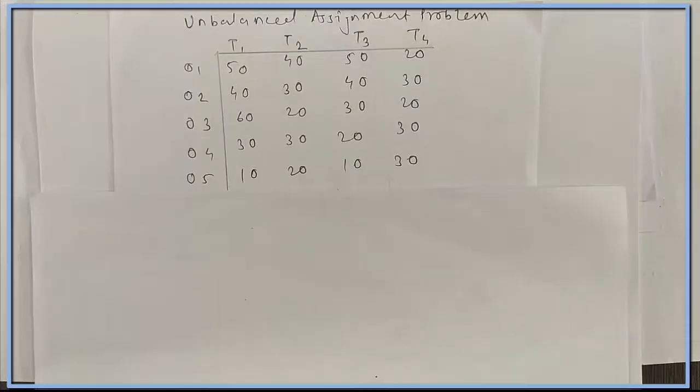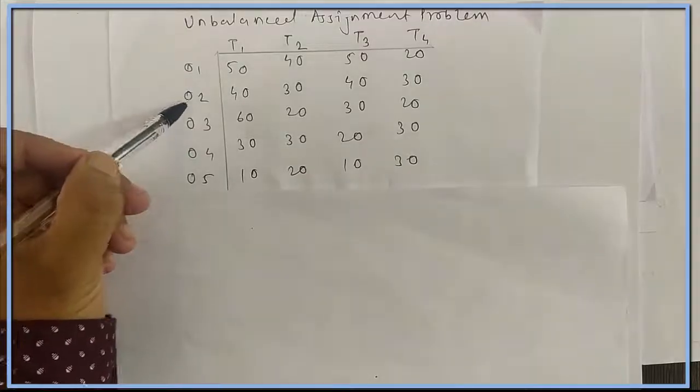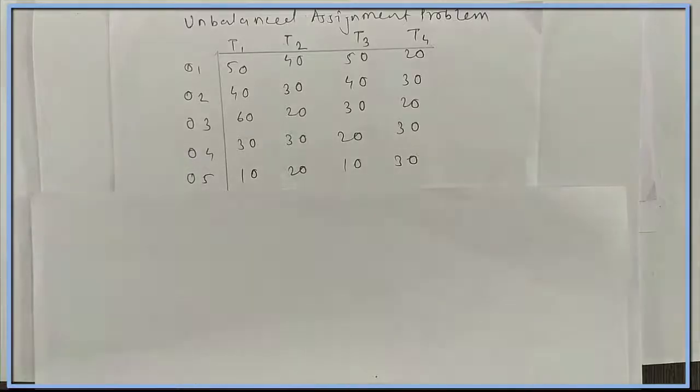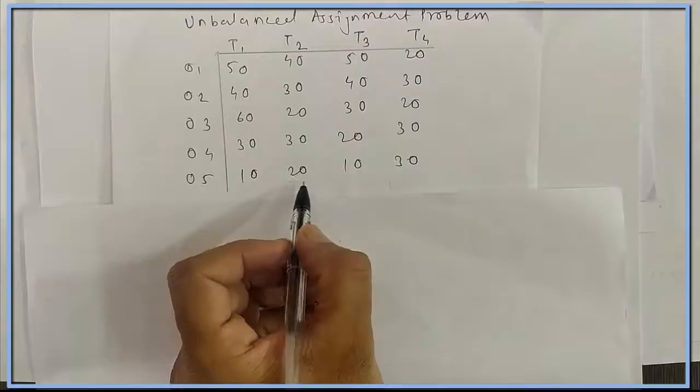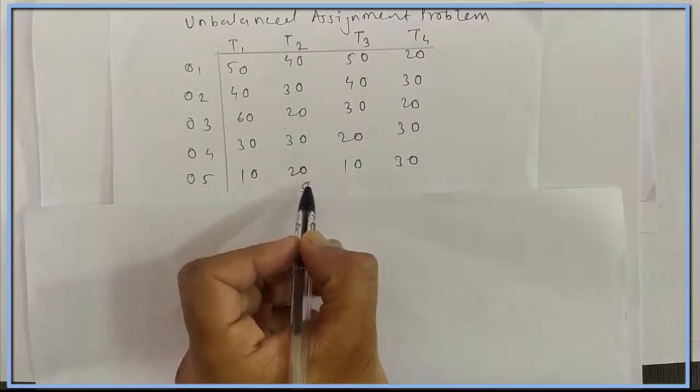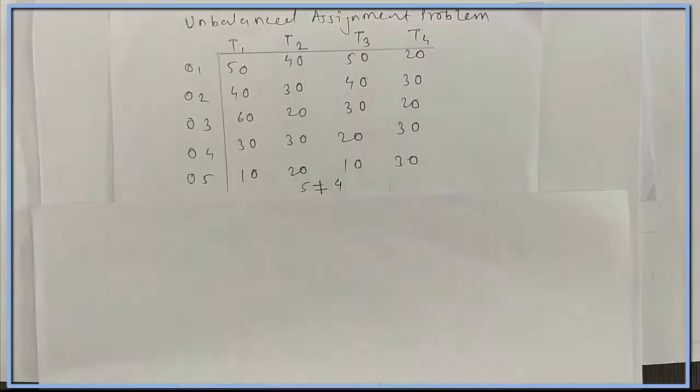Hello everyone, in this video we are going to understand the unbalanced assignment problem. Now look at the problem. There are 5 rows: 1, 2, 3, 4 and 5, and there are 4 columns: 1, 2, 3, 4. Therefore the number of rows is 5 and the number of columns is 4. Here in this problem the number of rows is not equal to the number of columns, therefore we call it an unbalanced